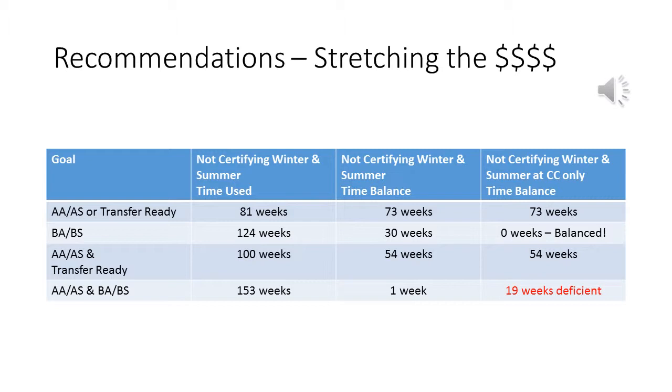If you plan on getting associates and being transfer ready, and you don't certify winter and summer, you'll have 54 weeks left. And so by the time you finish up your bachelor's degree, you'll actually have 1 week left. Now, we also understand that this is only really applicable at a community college level. That's why that fourth column exists, because realistically speaking, since community college is so cheap, you can do this. But once you go to a private school, once you go to a UC, once you go to a CSU, once you go to any four-year university, the price skyrockets. So you're not able to do so. However,